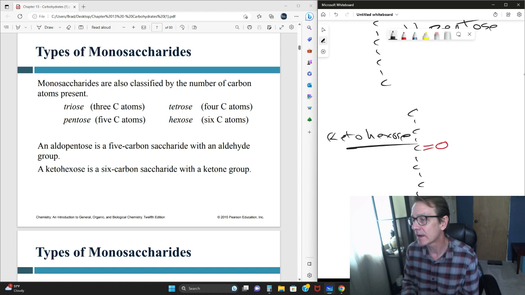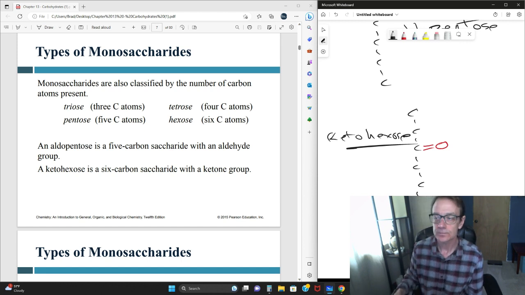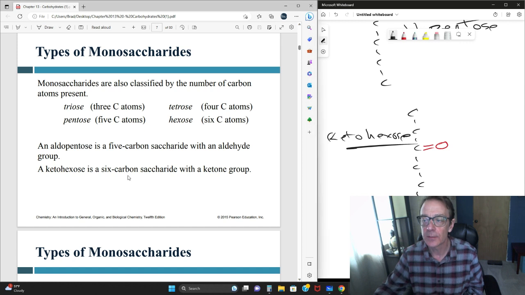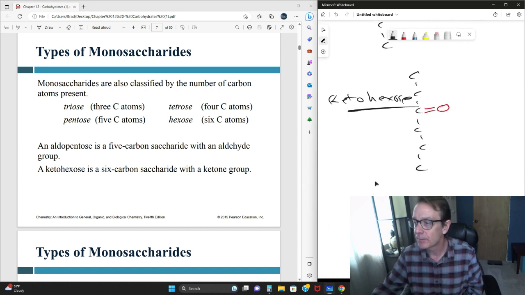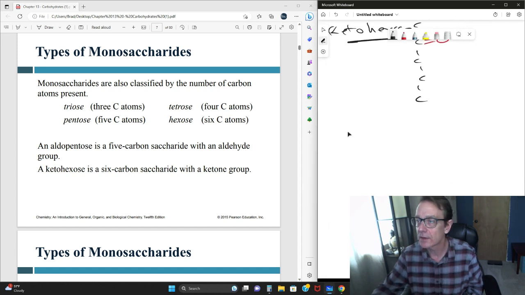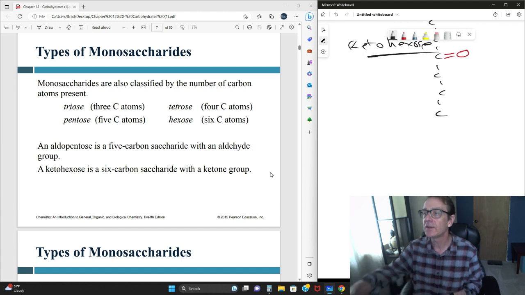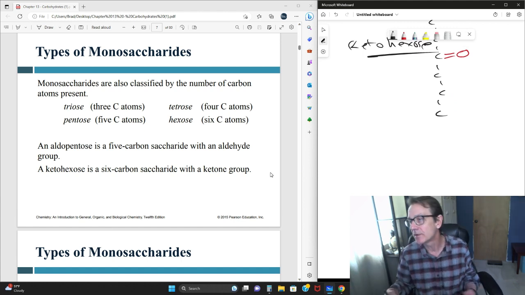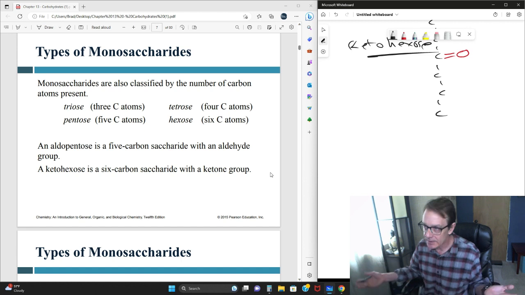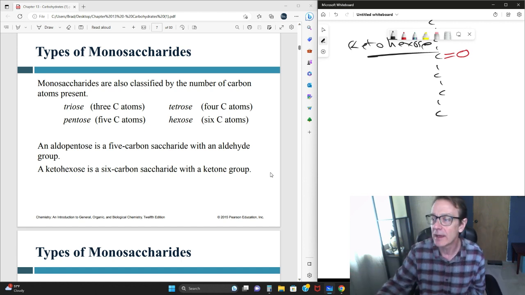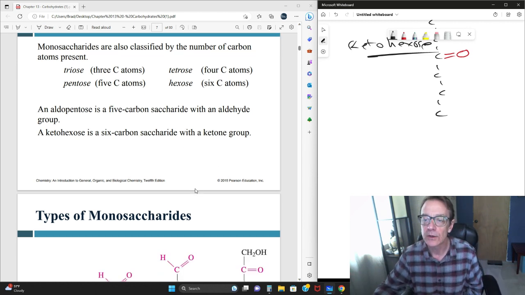Monosaccharide that is a ketohexose. That's all they're saying. Fancy words that just mean something pretty straightforward. Okay, aldopentose. And of course, you could have an aldohexose. You could have ketopentose, etc.,